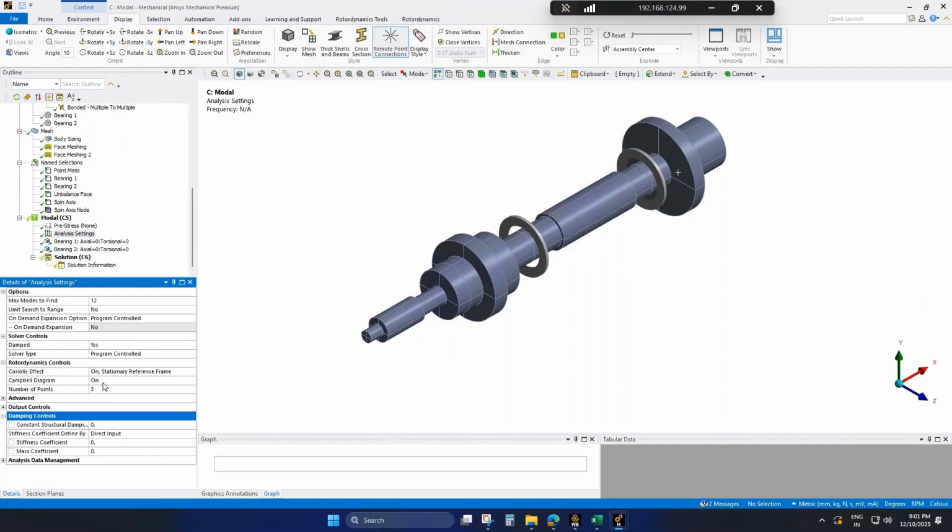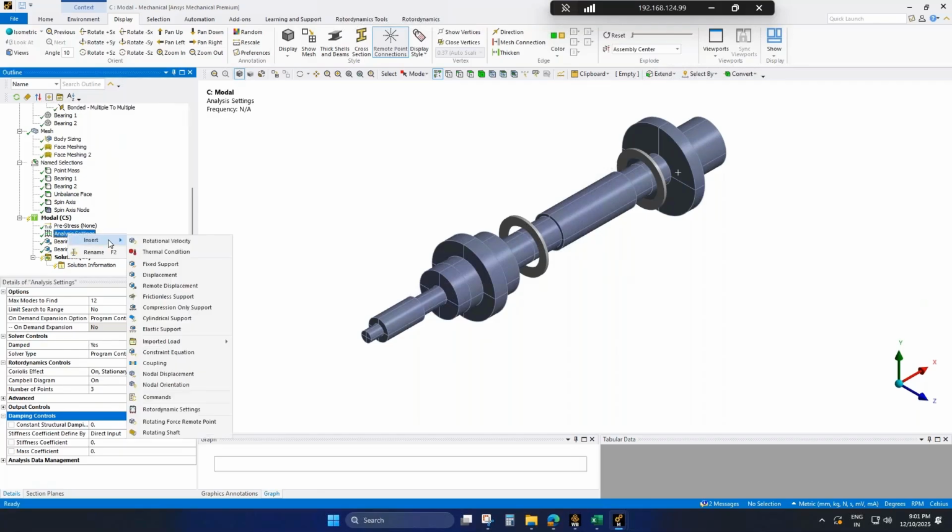I will set the Campbell diagram to on so that we can insert the Campbell diagram while we post process the results. And I'll set the number of points as 3, and this corresponds to the number of rotational speeds we have. I'll right click insert.